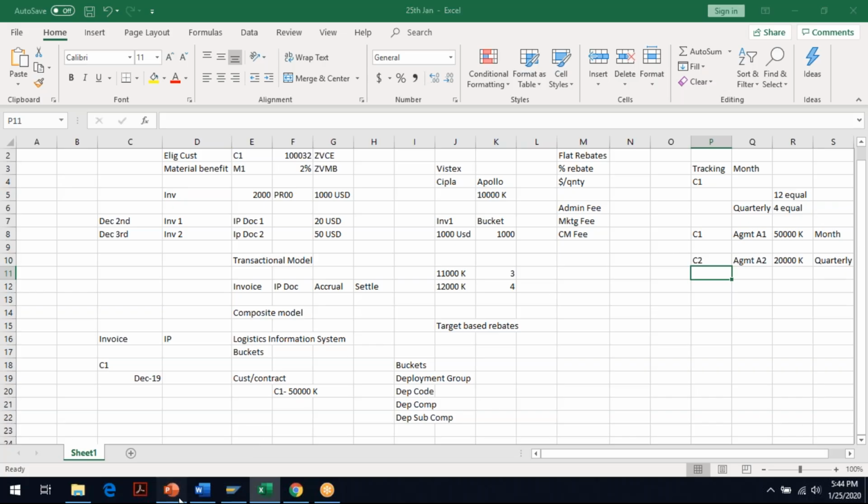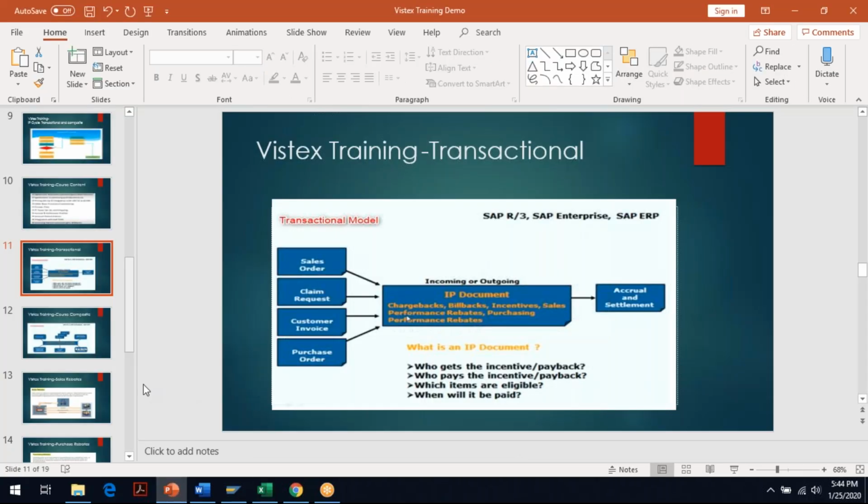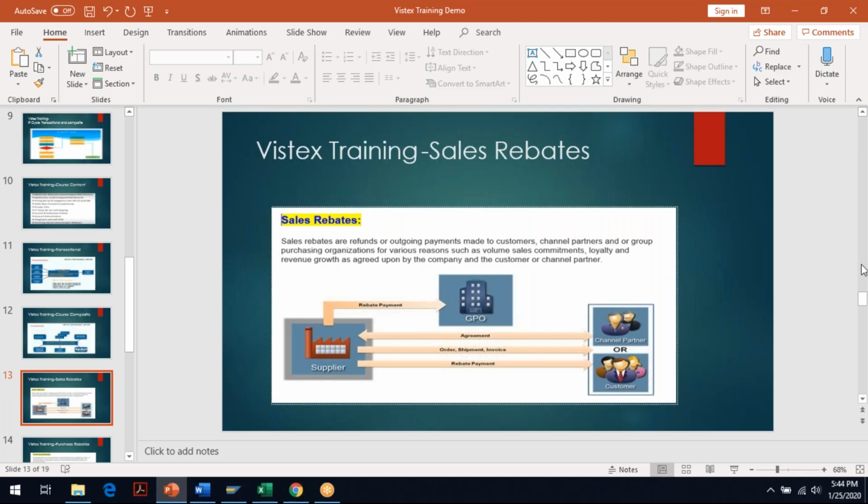So this is the high-level detail of the composite model. Now we'll try to understand the different modules and in which industry they are generally used. Okay, so the sales rebate, if you see,